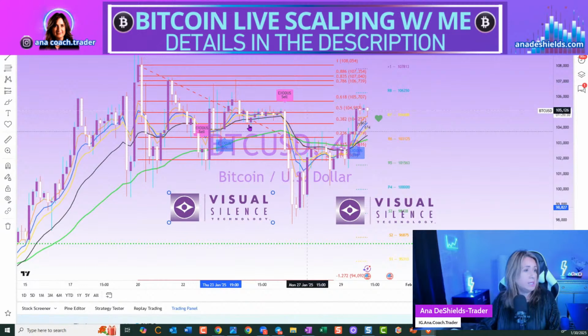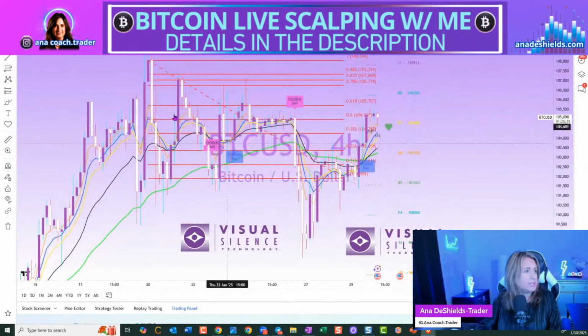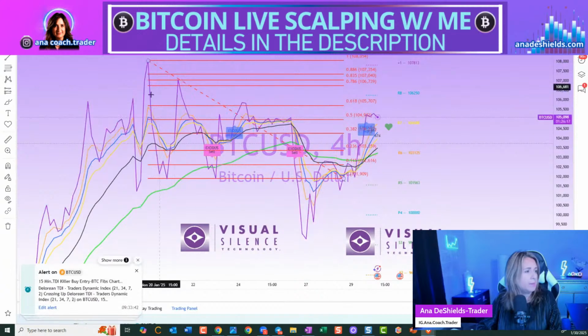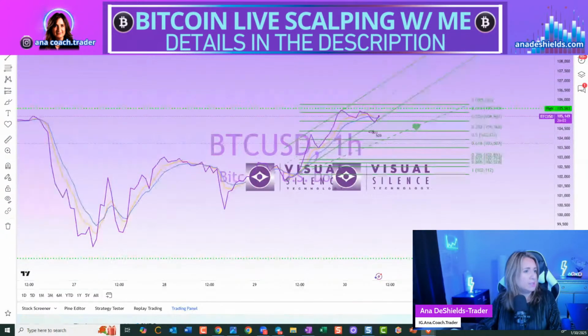All right, so here is New York Open, and this is the 4-hour time frame, traders. I have a fib on here. It is an older fib. This is what was going on earlier, so we need to update this fib. So this is an outdated fib, but no worries. I just want to see the big picture and where we're at. So let's go ahead. I'm going to go down to the 1 hour and let's see our zones here as well.